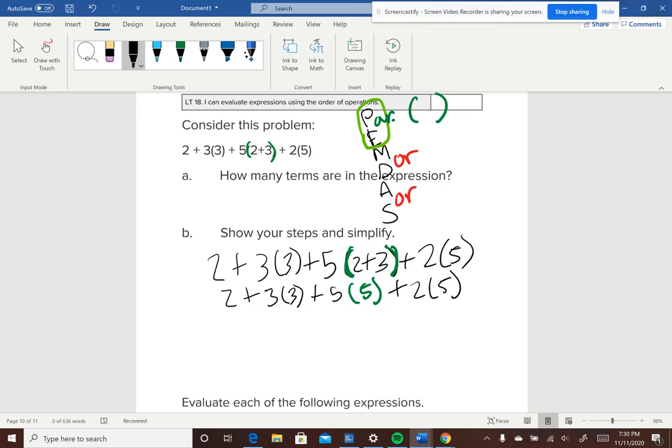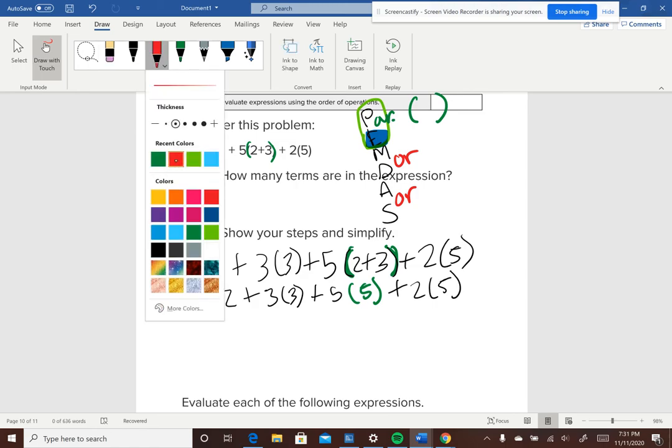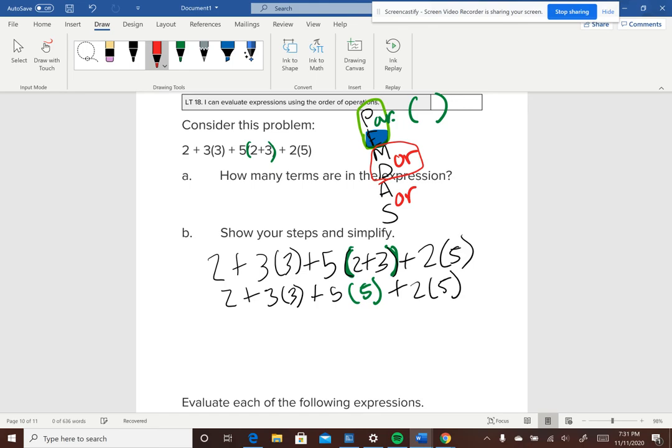All right, so we just did parentheses. And now we're doing exponents. Luckily, we do not have any exponents, right? We don't see any squares up above or anything to the third power. So we can go ahead and cross that one off. Now we're looking at multiplication or division, and I'll go ahead and highlight this in red. So whichever one comes first from left to right. We don't even see any division. So we're going to rewrite the problem exactly how we see it, except we're going to solve these